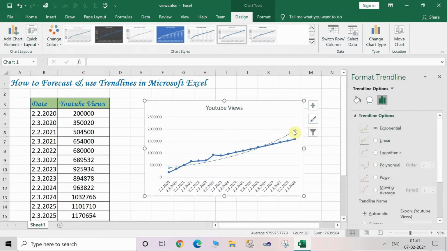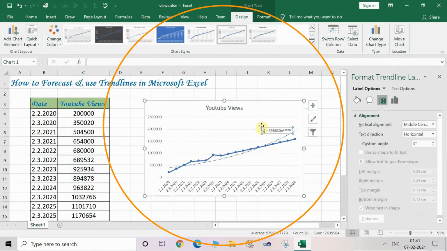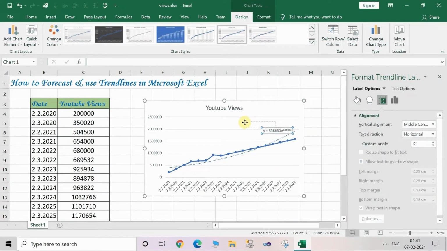You can also explore certain options which are visible on the screen. So let's scroll down further. See here, you're able to see the display equation on the chart. This is showing you the mathematical equation which you have learned in the 10th, 12th. You can also change the place of the equation by dragging it over the chart area.